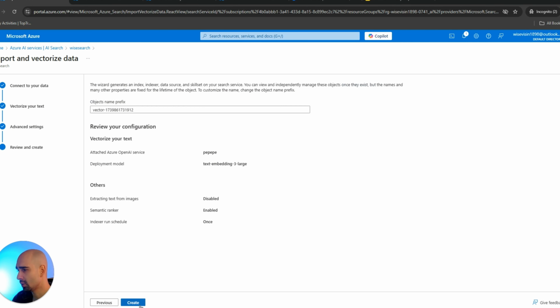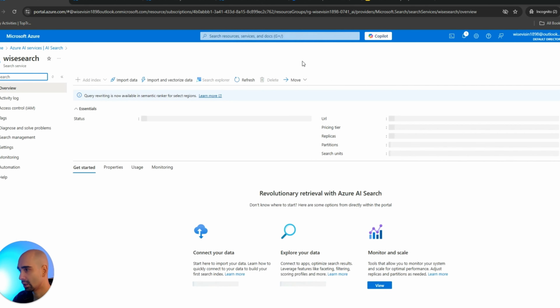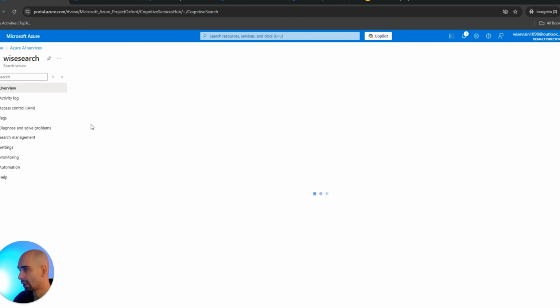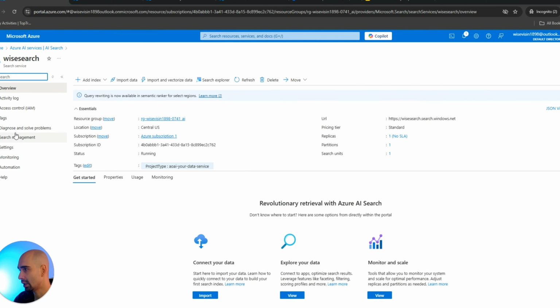So we are using this once, we don't need it often, just create. After I press this button, it will create a service. I already have the services, so I won't make it again. After you create this, you can return back, and inside Azure AI services is index settings,